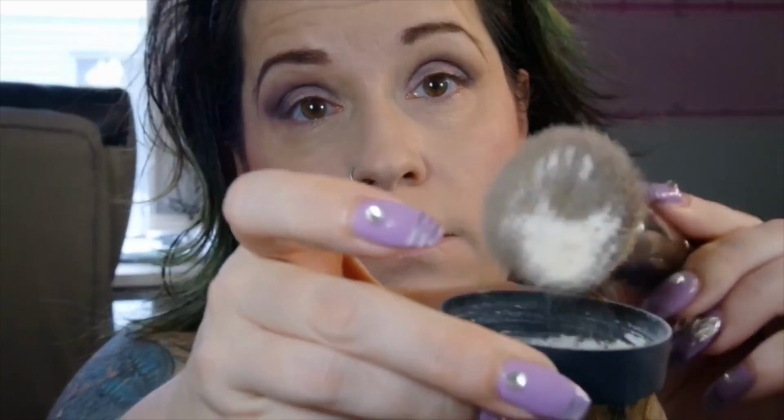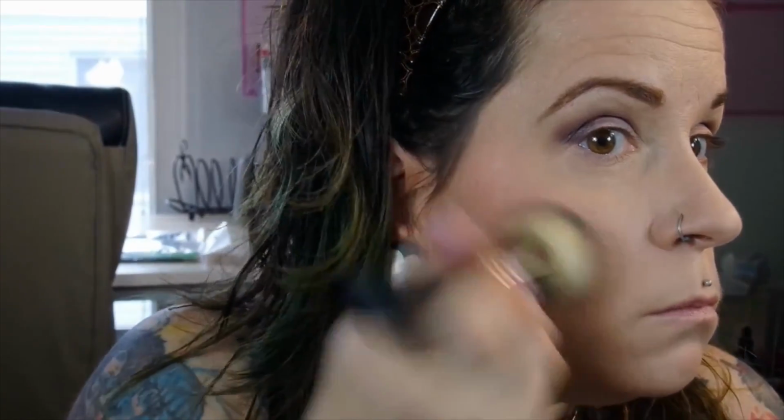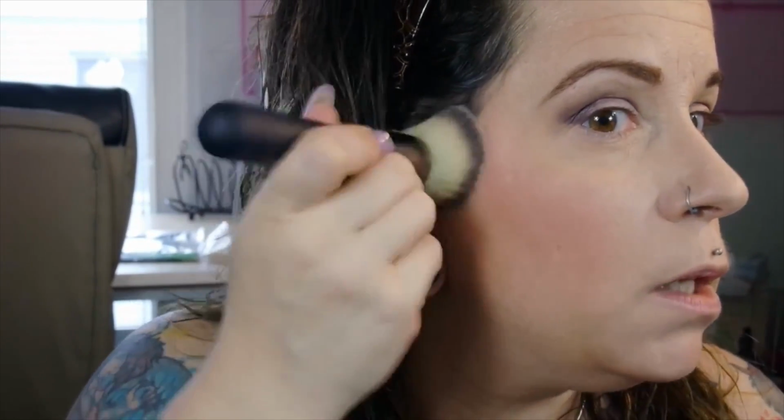and I am going to dip the flat top kabuki in it. I'm going to pat it on here to really kind of diffuse hard lines so that it all looks even. It just diffuses everything, and I really like this loose powder. I really do. So we gotta get a move on here. Okay, so the next thing is